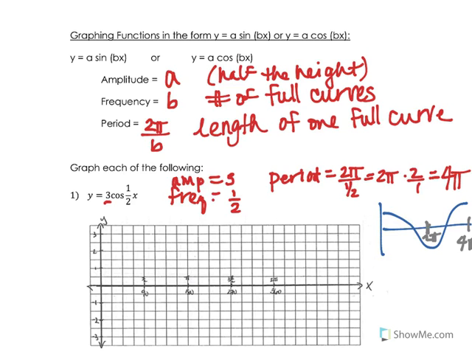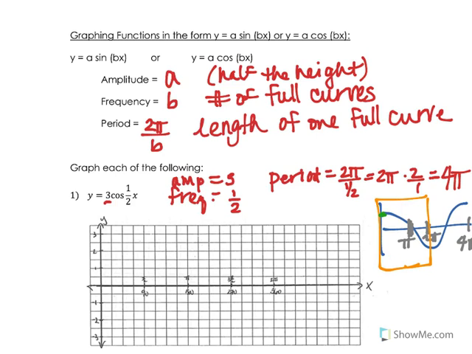So this part would happen at 2 pi. This part would happen half that, which is pi. So we're only going to be seeing half of this graph, which is this portion that I've outlined in yellow. So what I'm going to do now is my first point is starting up at the amplitude,